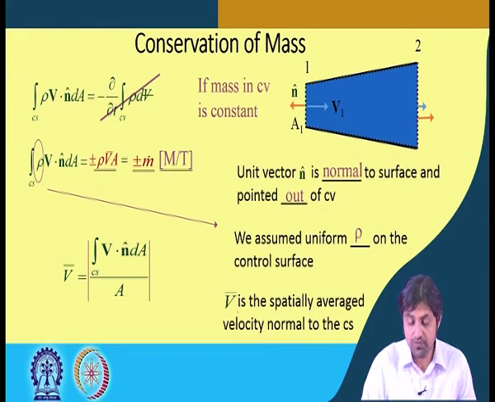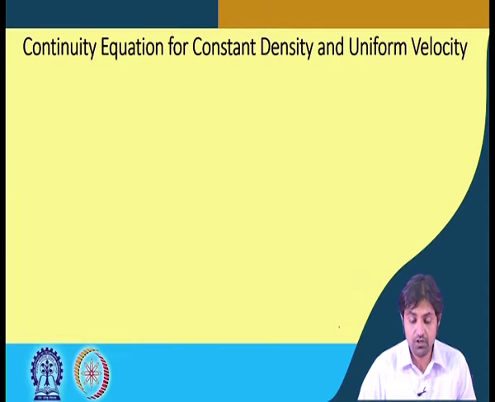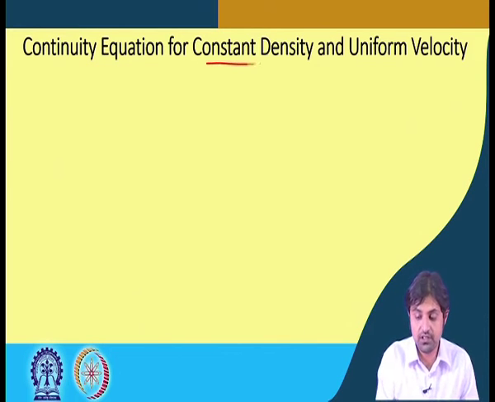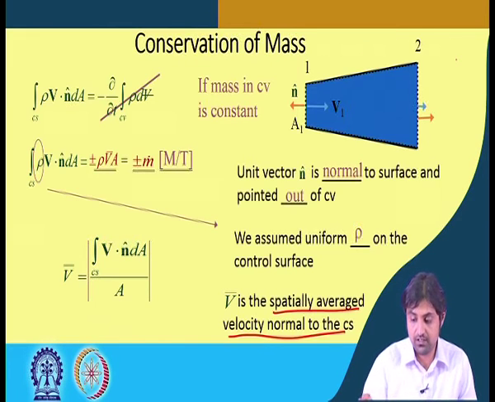Okay. So v bar is the spatially averaged velocity normal to the cross section. This is important to note. So now, the continuity equation for constant density and uniform velocity. If there are two cross sections, as we have seen in this